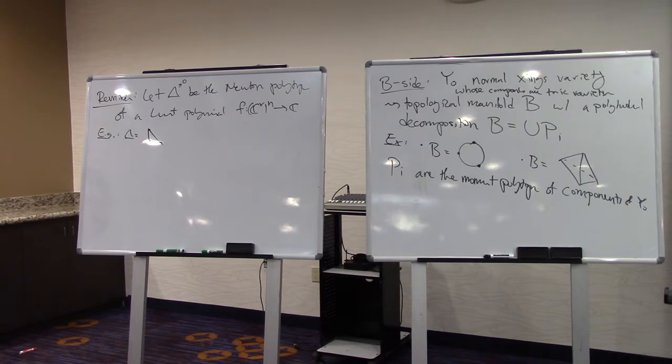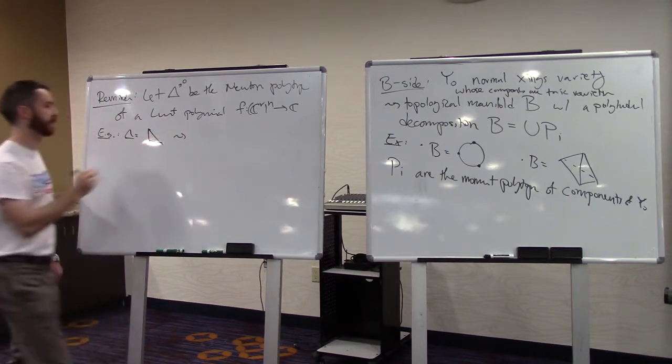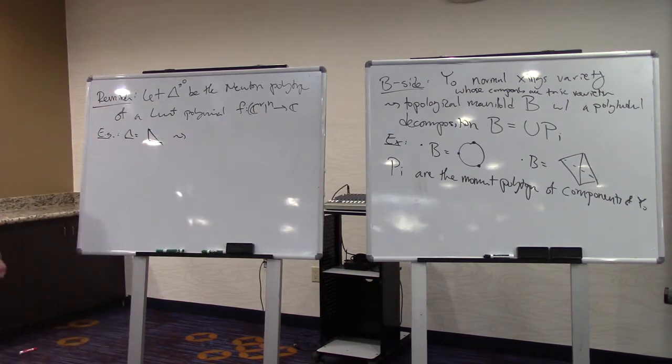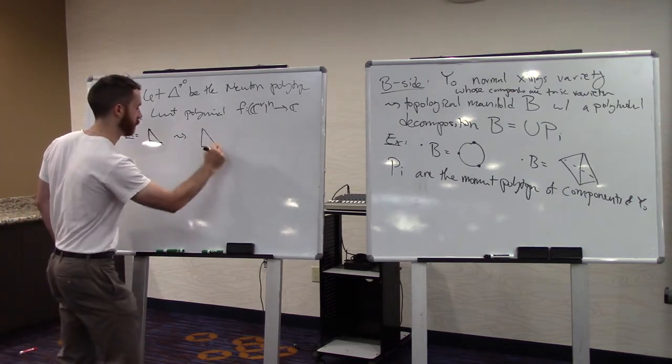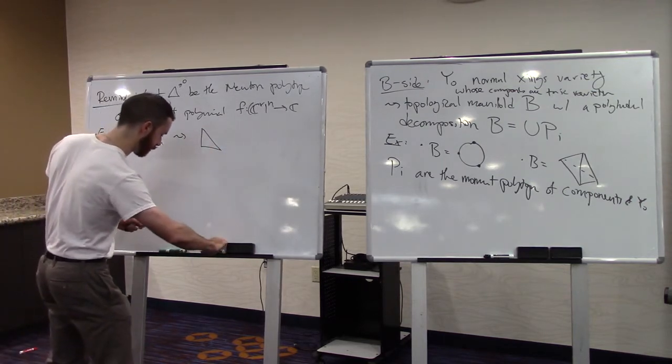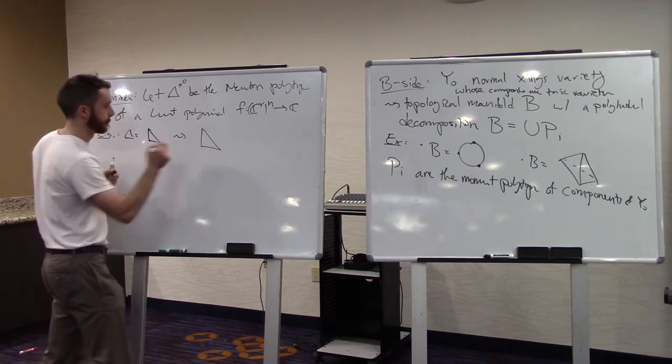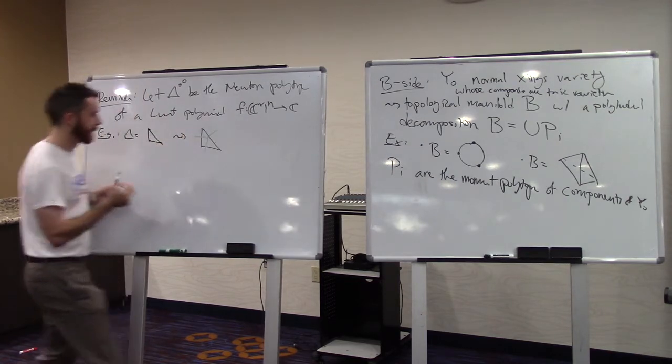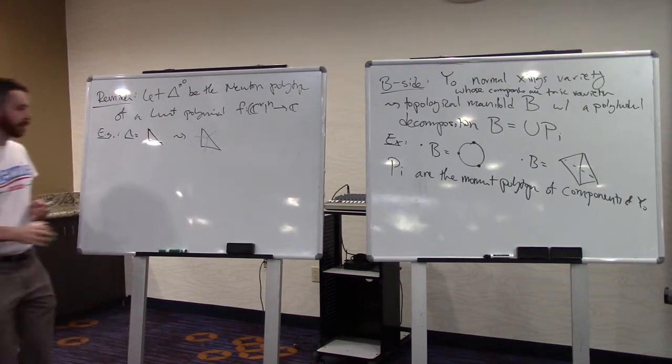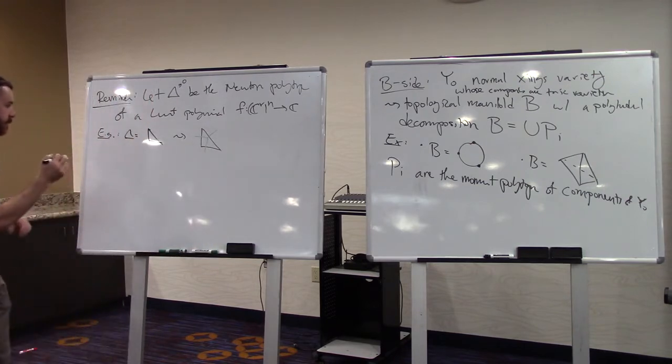I'm going to reinterpret our theorem. Well, first of all, maybe I should say what it is, although I don't want to get into too many technical details. Let me just say that given such a Newton polytope, we get a tropical curve that's dual to that Newton polytope. And our theorem